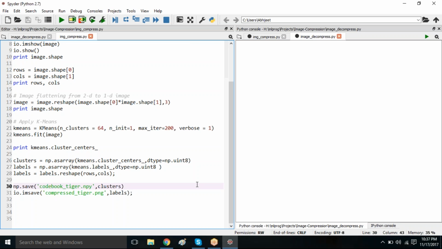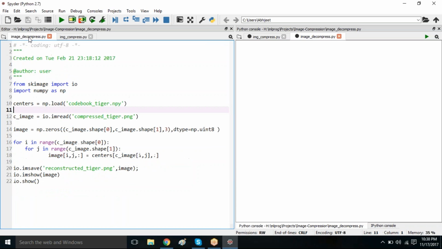on all the pixels. So all the pixels of similar color, similar RGB, because what is the feature here? RGB, right? The number of pixels into 3 is the dimension. So all the pixels with similar RGB will come together in a cluster. That cluster's color RGB value, that cluster mean, I am saving as a code book. And for each pixel, which cluster it belongs to, I am saving in another compressed thing. Now with the help of these two, I can decompress the original image,